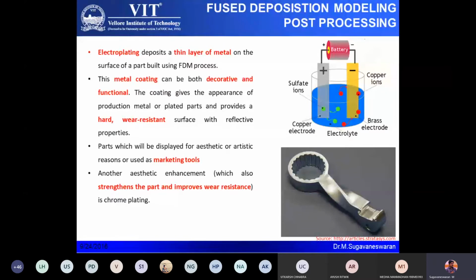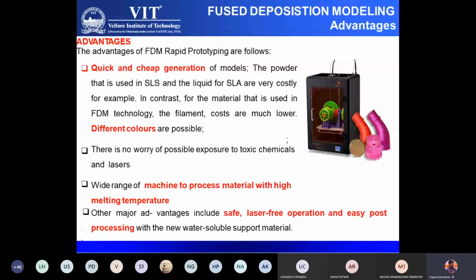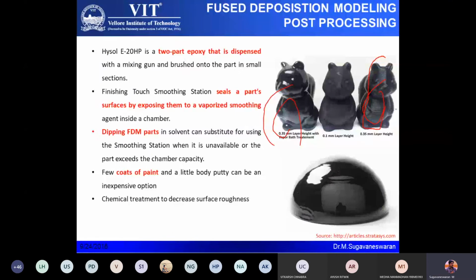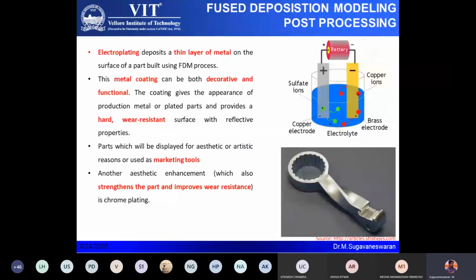So these are some of the ways in which you can develop a post-processing method, and you can also look for other methods in which you can improve the finish of a component, especially complex shapes. I have discussed methods that do not depend on any die or mold, with which any free shape you could improve the functionality of a surface. You can also think of some new methods. That is another important scope for doing projects and research.